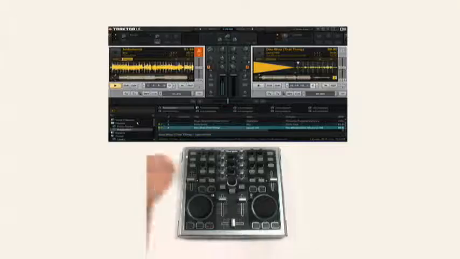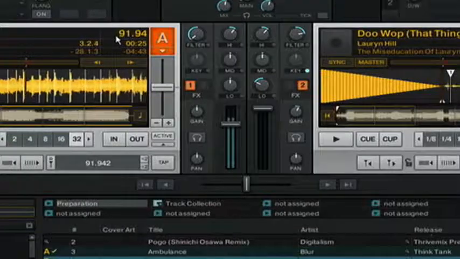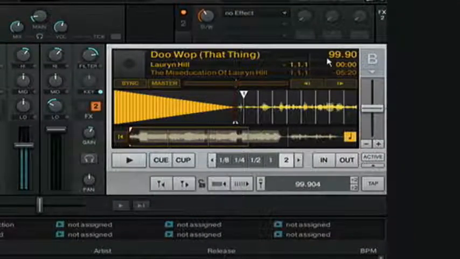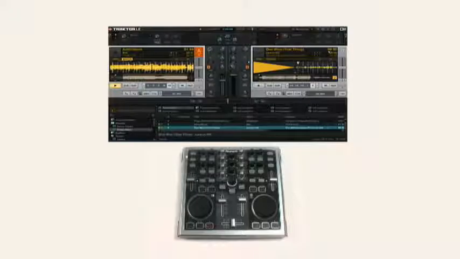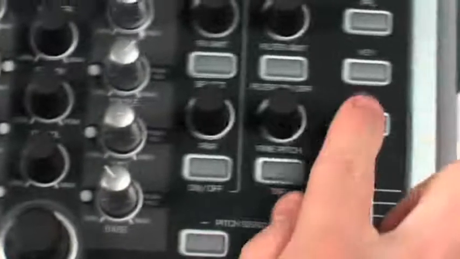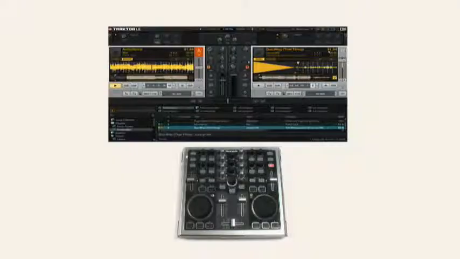What we can see is that at the top left hand, you'll see a BPM readout or a tempo readout. It's beats per minute of 91.94. However, the track on Deck B is 99.90, which means this song is going to be speeded faster than the other track, or it's going to be moving at a faster tempo. So what I can do is, using the sync button on the right-hand side of the Total Control, I can press this, and now my BPMs are matched immediately at